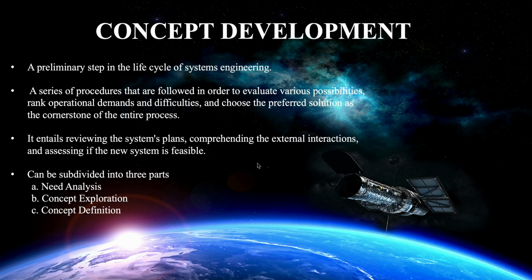So concept development involves how it's going to react and what the alternatives are. Is there any better system available? If there is a better system, why choose this one? So we find out what alternative options there are so that we can prioritize our needs, because obviously you can get carried away in due course of the project, but you have to prioritize your stakeholder and operational needs. You know your challenges, and based on that you get one or two solutions, and you pick the right one. So the concept development stage can be subdivided into three parts: need analysis, concept exploration, and concept definition.